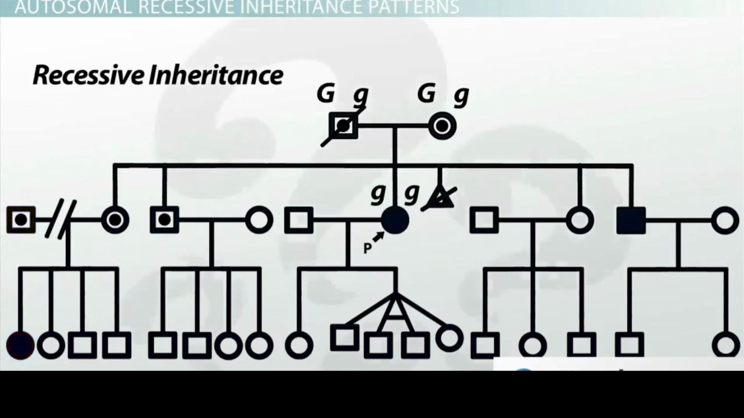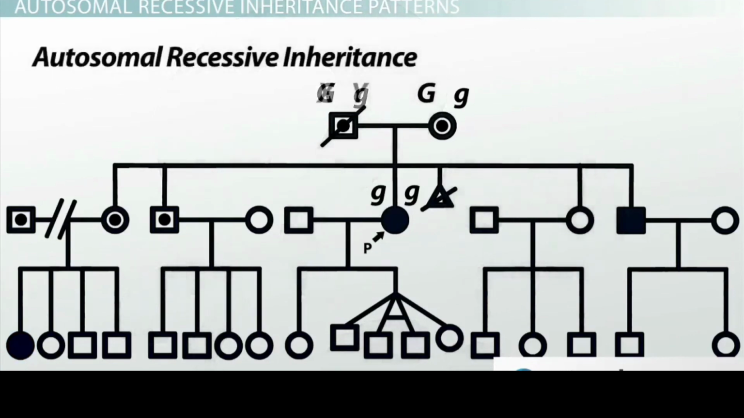Now, do you think that galactosemia is autosomal or sex-linked? If you said autosomal, you're correct. Sex-linked conditions generally affect males because they only have one copy of the X chromosome, and therefore only have to inherit one copy of the causative allele, while females have to inherit two copies of the causative allele. In this pedigree, we have one male and two females that have galactosemia, so this is an autosomal